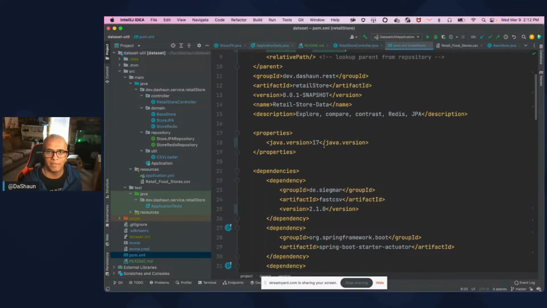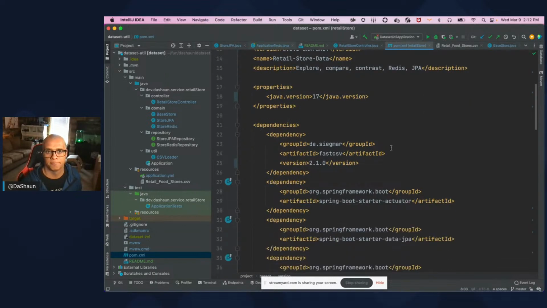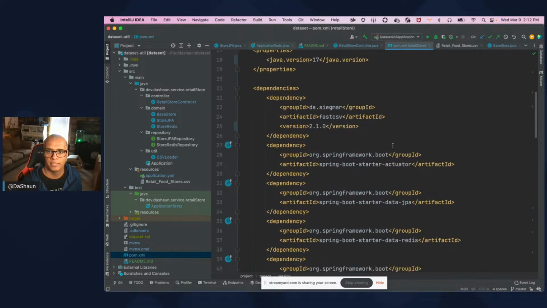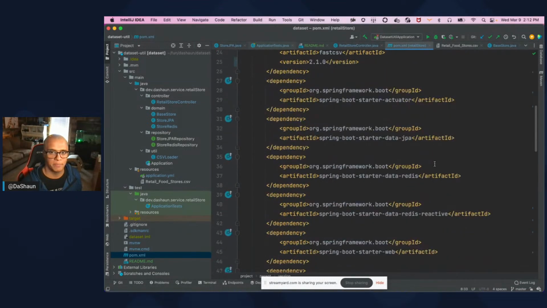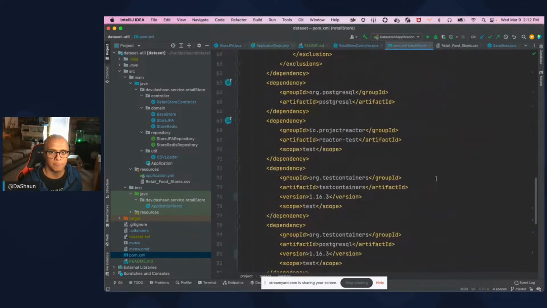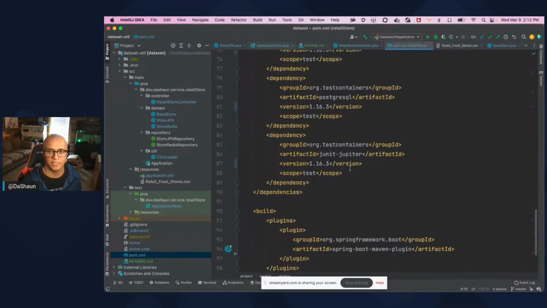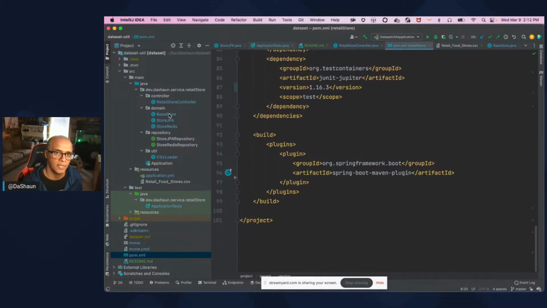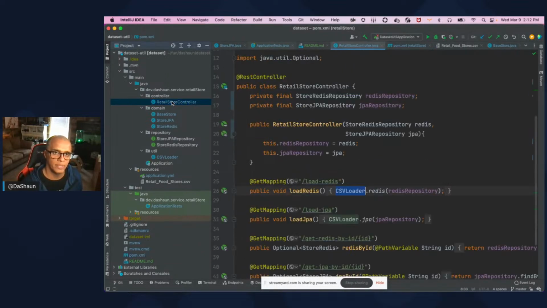I also upgraded from Java 11 to Java 17. But this is the FastCSV loader. That's the library that I'm using. Actuator, data JPA, data Redis. And I'm also using Testcontainers. I use the latest version of Testcontainers. So we have a retail